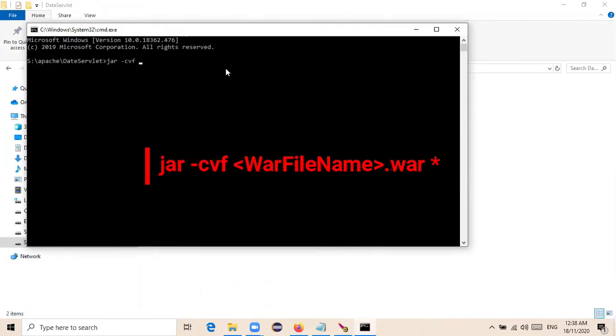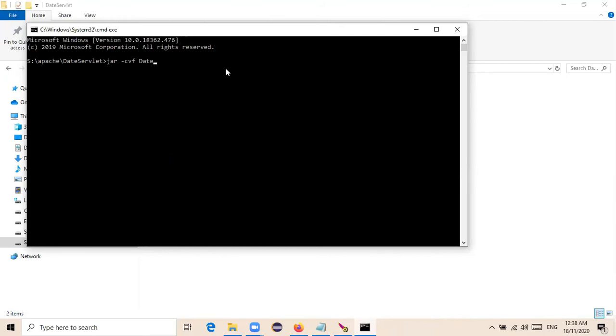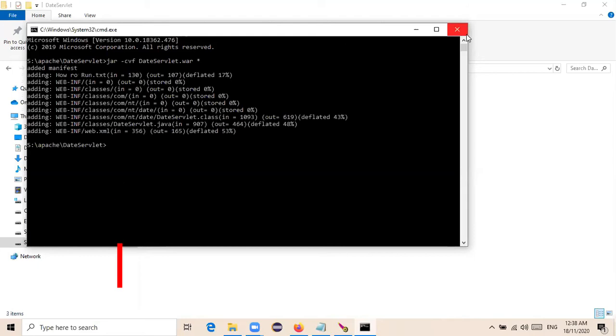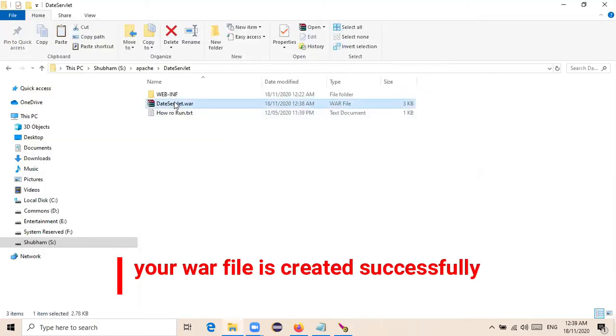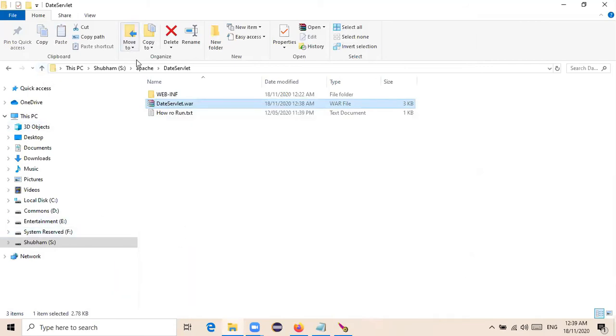You can find this command anywhere on the internet, no problem in that. Here you provide the name for your WAR file, dateservlet.war, and all the files and folders inside this directory.